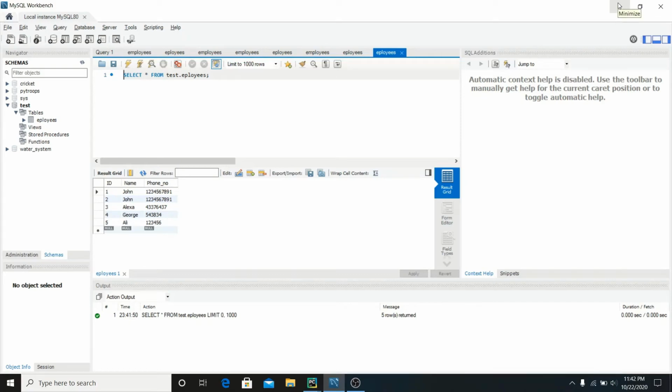In the last video we learned how to create a database and how to connect it with our GUI, that is, Tkinter. In this video we are going to learn how to update our database, like if I want any changes in these values in this table, then how we can do it. So let's get started.